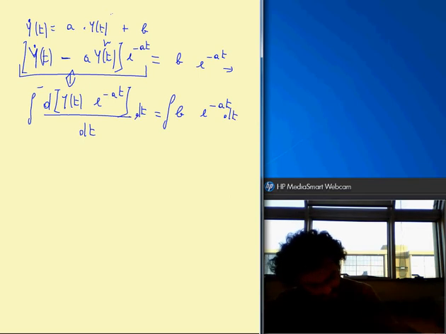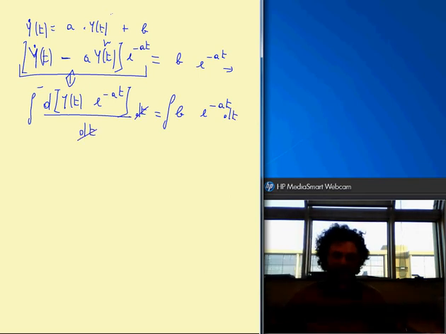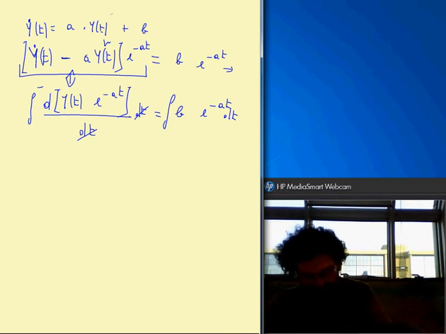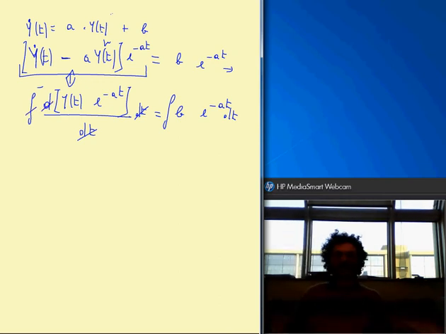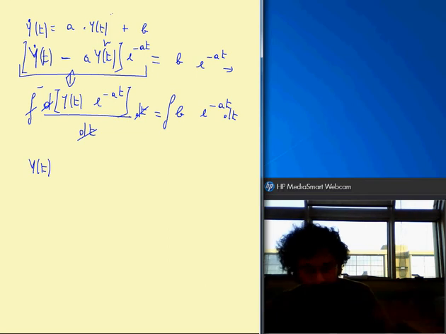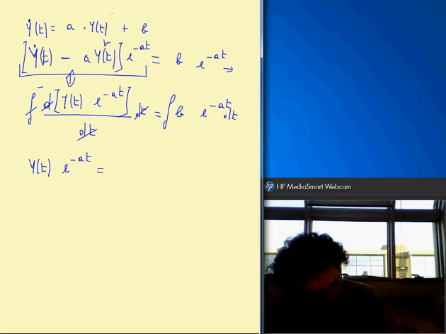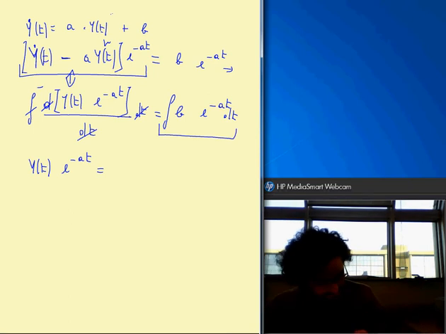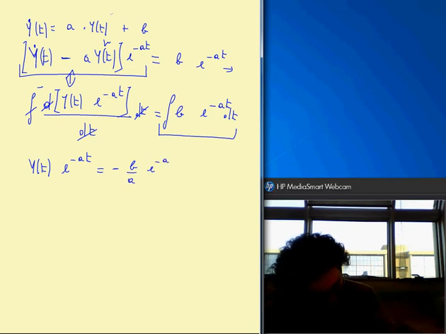We know that we can in some sense simplify the differential with respect to time, since integral and differential are inverse operations, so finally we get y of t e to the power minus at equal to, we need to solve this integral, whose solution is minus b over a e to the power of minus a t plus a constant c,